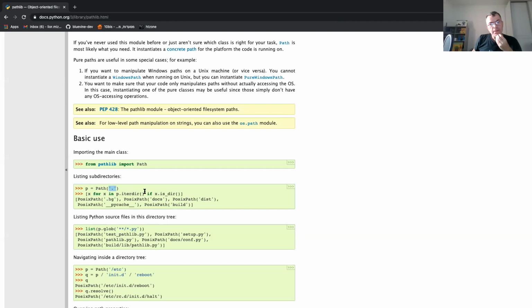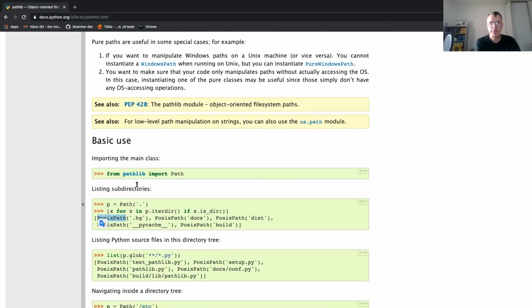And then when he's iterating on every path that is a directory, you see that the path is converted to a Linux path type. Can you enlarge the font a little bit, please? Yeah, of course, sorry. Just a little. Yeah, thanks.